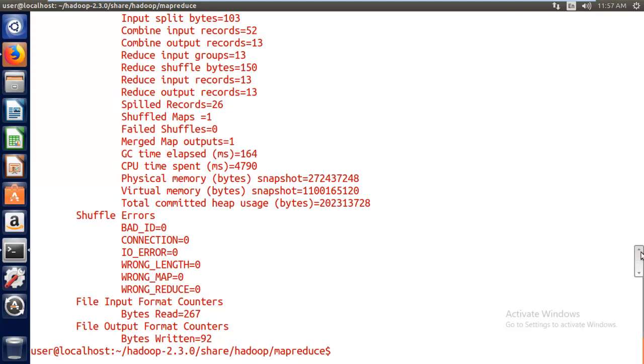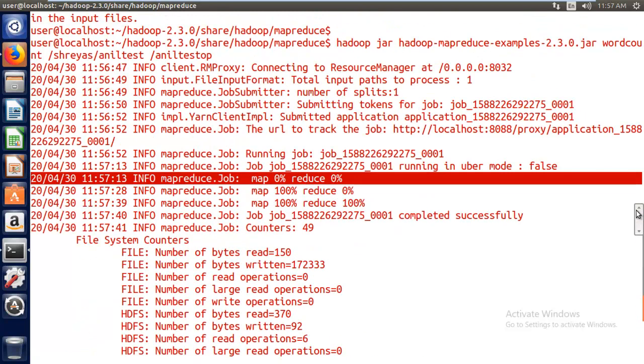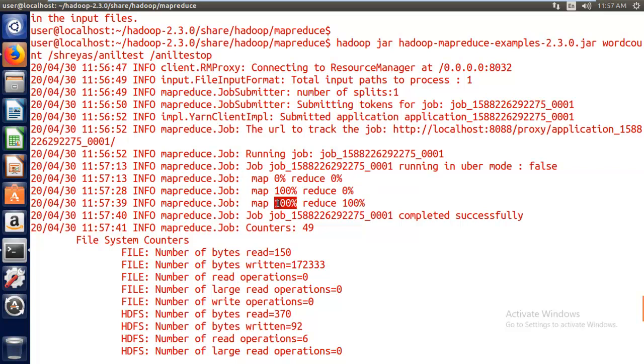It ran very fast. Once it completed the mapper process at 100%, finally it completed the reducer also with 100%. The map generated the intermediary output and the reducer provided the final output.